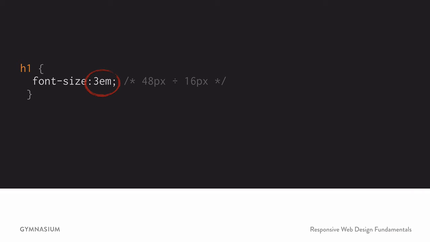Now don't worry too much about memorizing the formula. My larger point is that in responsive web design, a certain facility with math is required. It's not a whole lot, but it's there, and more specifically, you should get used to having your calculator at hand. It's a tool you'll be needing every now and then in the real world.